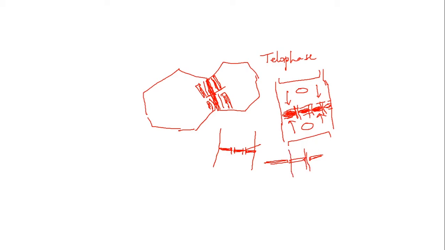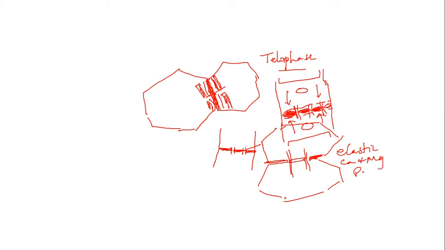Plasmodesmata are the cytoplasmic strands which are present between the cells, or which pass from one cell to the other cell, and every cell is in connection with the other cell through these plasmodesmatal connections. So this is how the cell plate is formed during the telophase of mitosis. And this plate is highly elastic in its nature and made up of calcium and magnesium peptides, and also has wall proteins in it.